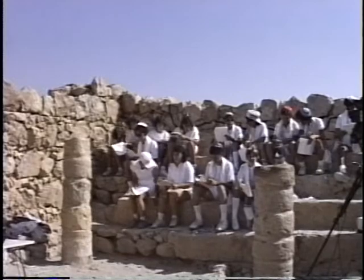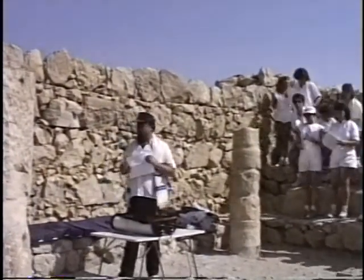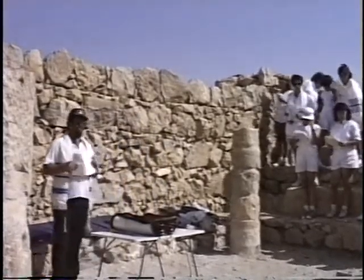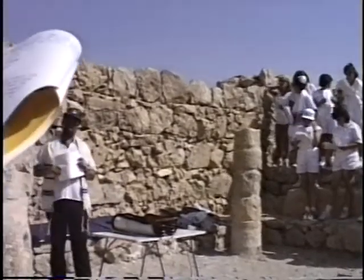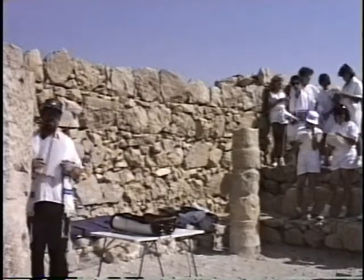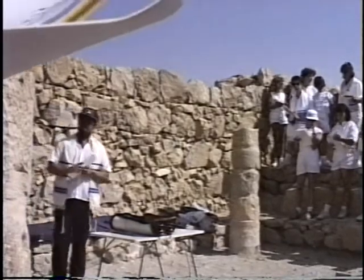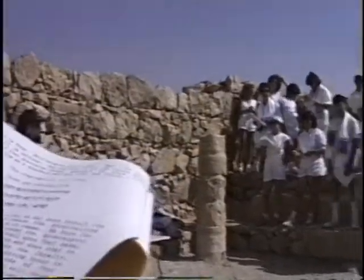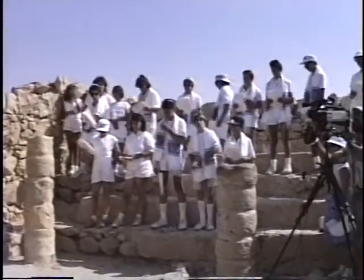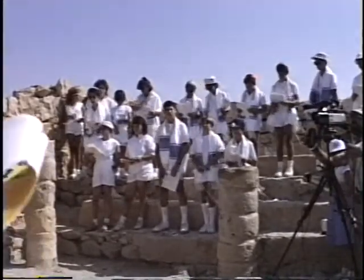We should now all rise. Our sages teach us that in every time of happiness, we should also have a moment of sorrow, a moment of remembering. This is why this morning we shall remember, as we have mentioned, the courageous soldiers of the army of Israel. We shall also remember all of those Jews who died in the Holocaust, dreaming about the land of Israel and never lived to see it. And we shall of course remember all of those from the families of our Bar Mitzvah and Bat Mitzvah boys and girls, men and women now, who didn't live to see this great event, as we are reciting together,